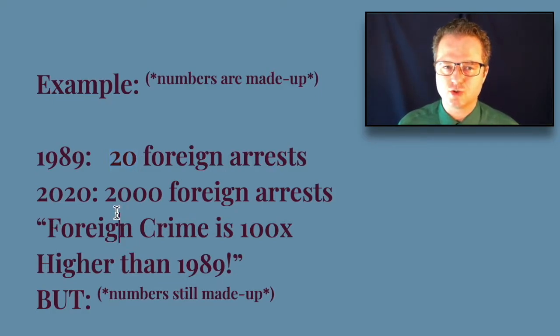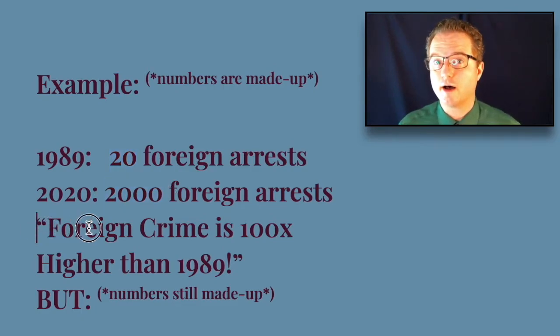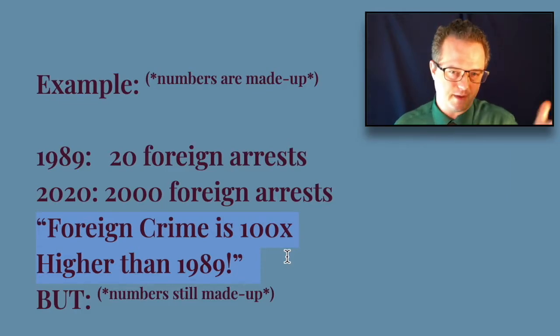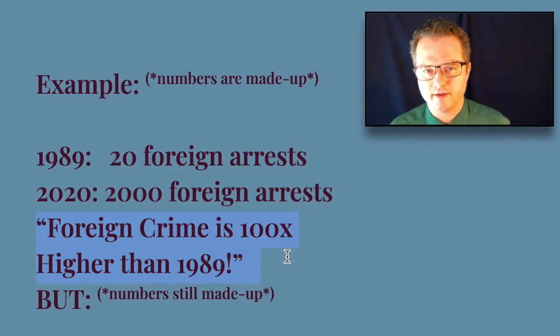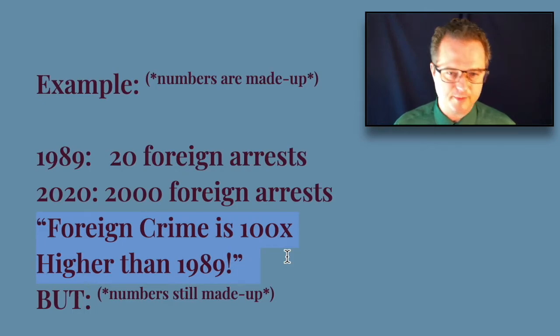Then in 2020, 2,000 foreigners living and working in Korea got arrested, got into trouble. Now, some people could look at those two numbers, 20 and 2,000, and say, whoa, foreign crime is 100 times higher than 1989. And maybe that'll get on the front page of the web portals and everybody's going to get upset about it. But